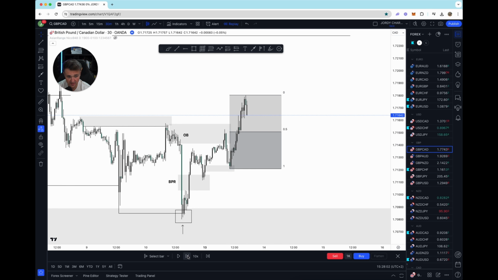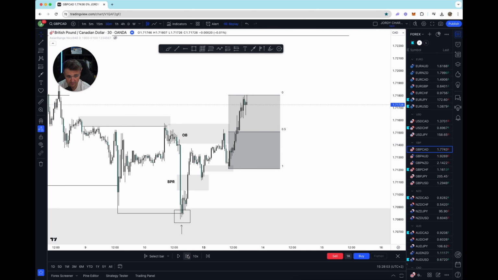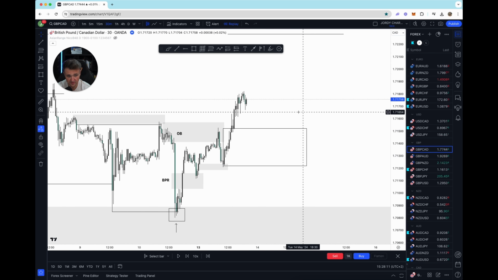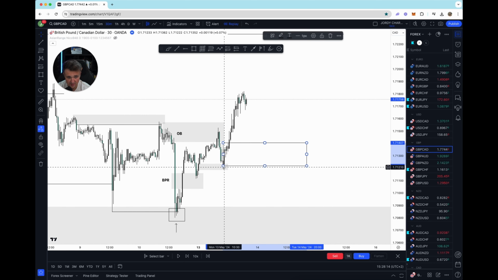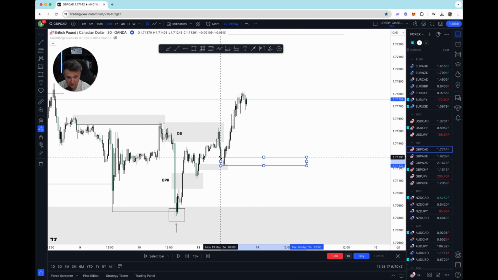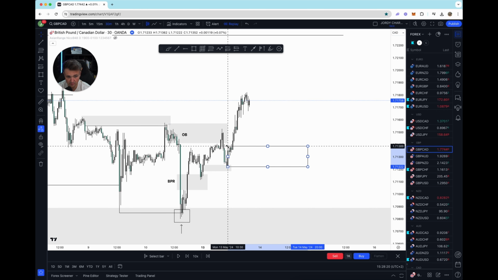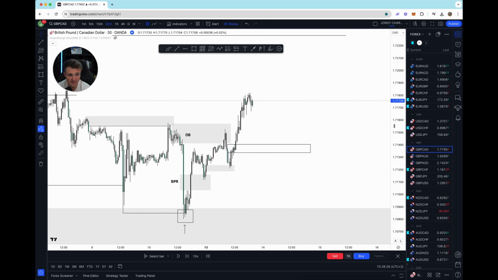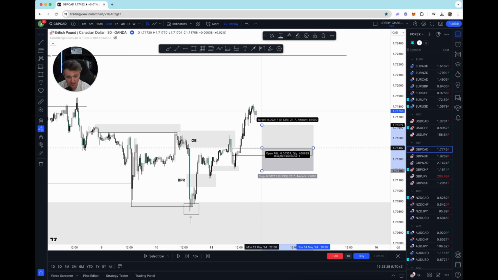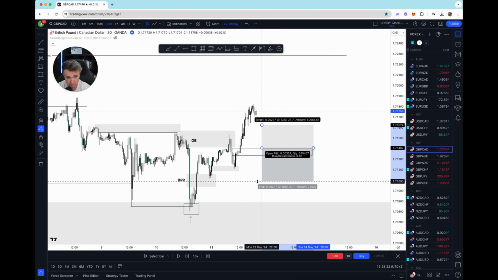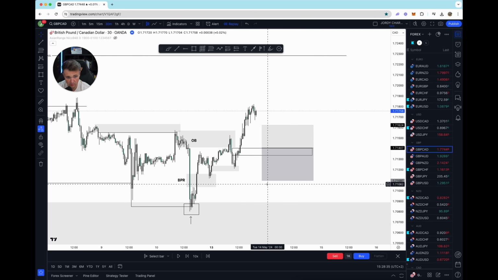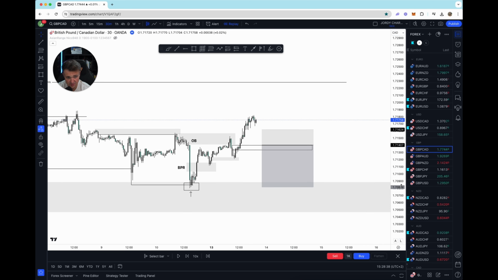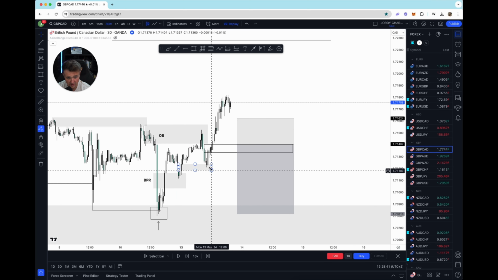And then let's see where we create a high. I think we create a high right here. And then we will look for an entry in this area. So let's remove this. The easiest way to do it is, to me, you can say, okay, I just take the order block, but price might not come back. So I will take this smaller base order block right here. And this, I think, was my entry, if I'm not mistaken. And this is where you can take your entry. Stop loss, well, to me, it can be below this low. If you want to be a bit safer and take it as a swing trade, you can put it right there. Actually, no. Let me put it like this.